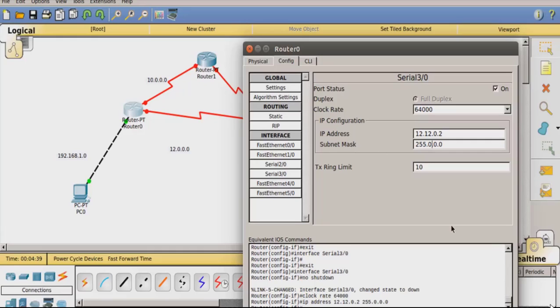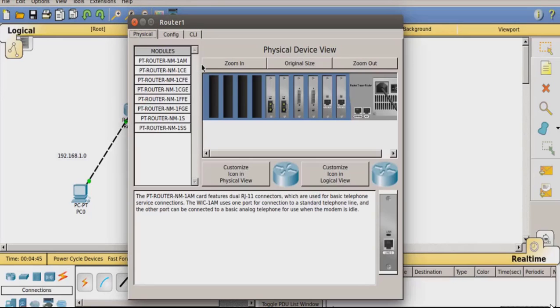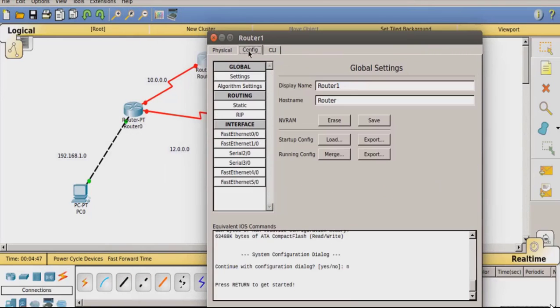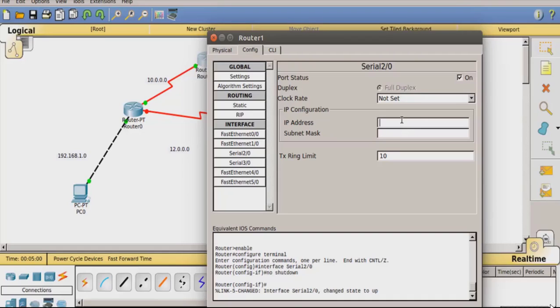So for simplicity, this is just an example of OSPF to demonstrate. Okay, so for router 1, we're now going to configure. It doesn't have FastEthernet, so we do not have to set that up. For serial 2,